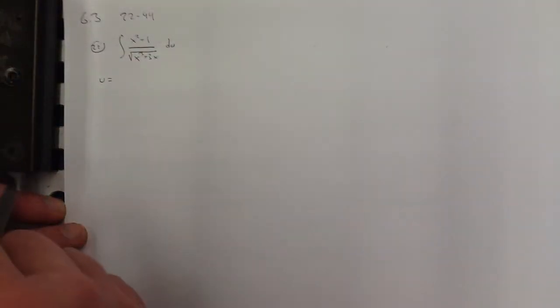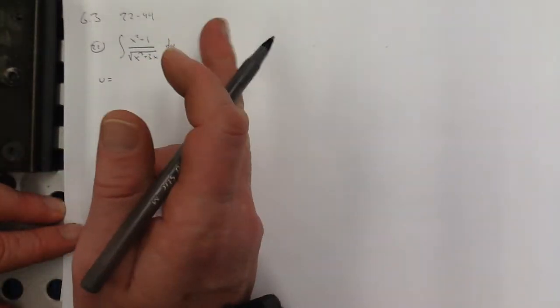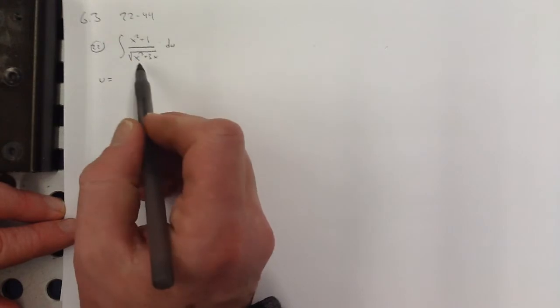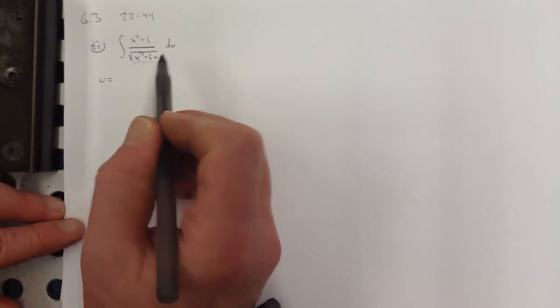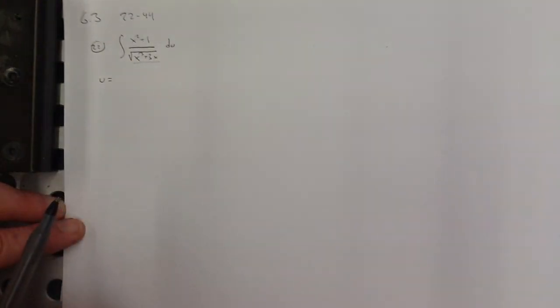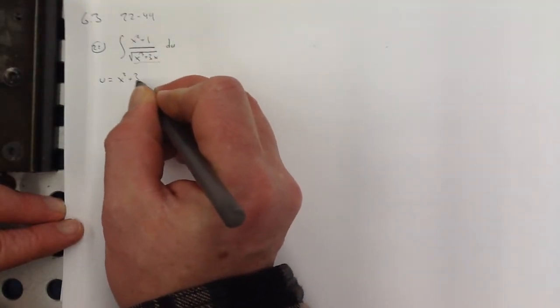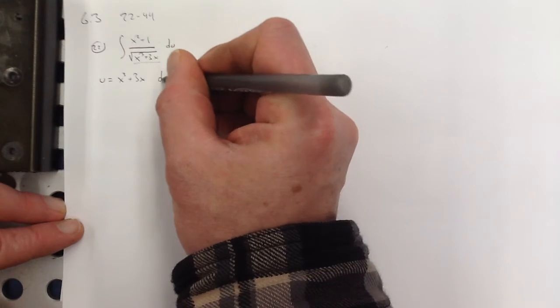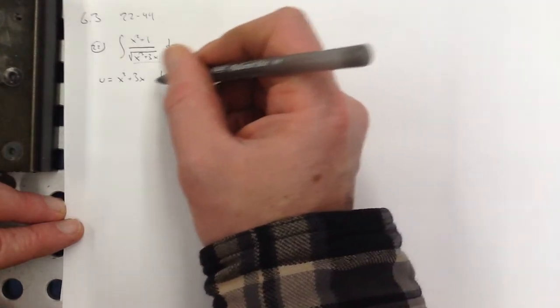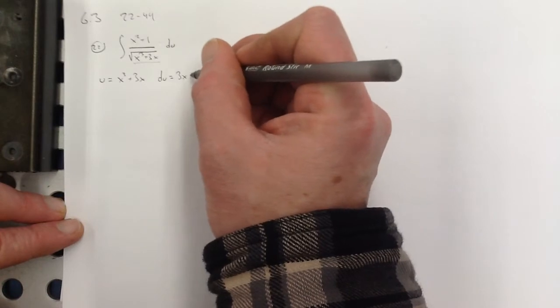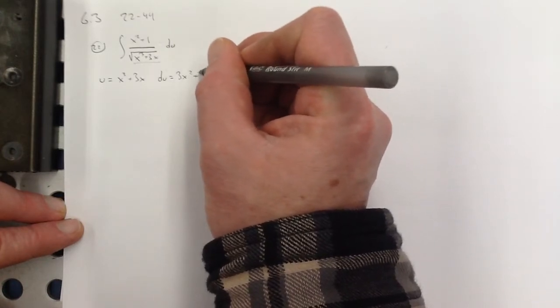So probably use substitution. What are you going to try here? Maybe it's not super obvious what's going to work, but when in doubt, pick the thing that looks most like the what's inside and take your chances. Roll the dice. So let's see, du here is going to be 3x squared plus 3